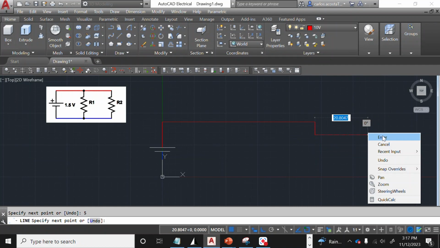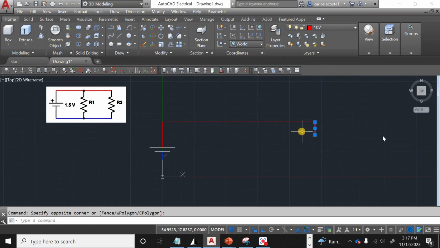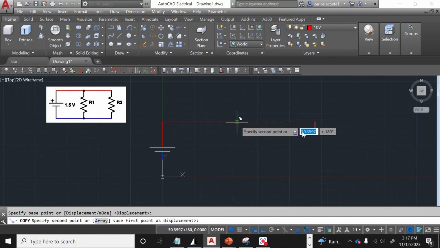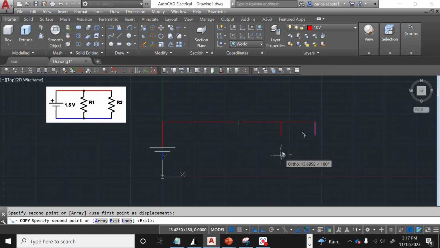5, enter, and we can copy that line and put it where we had our first termination at 30. Okay, so notice that in this case, the distance is not important. I'm just keeping track of the numbers so that it's symmetrical. But if you're manufacturing this circuit, you indeed have to